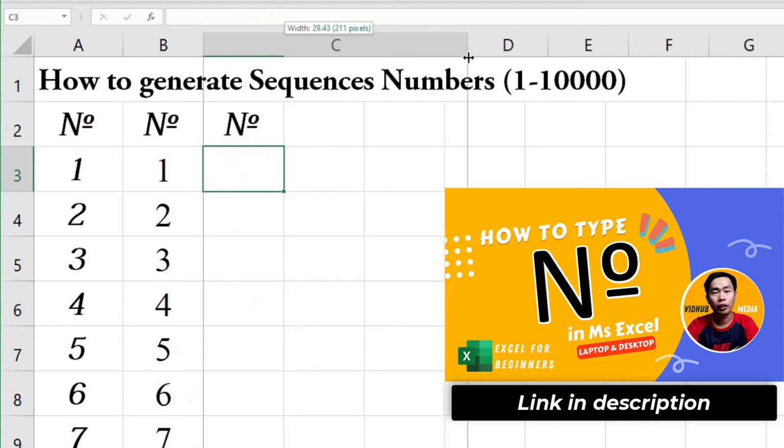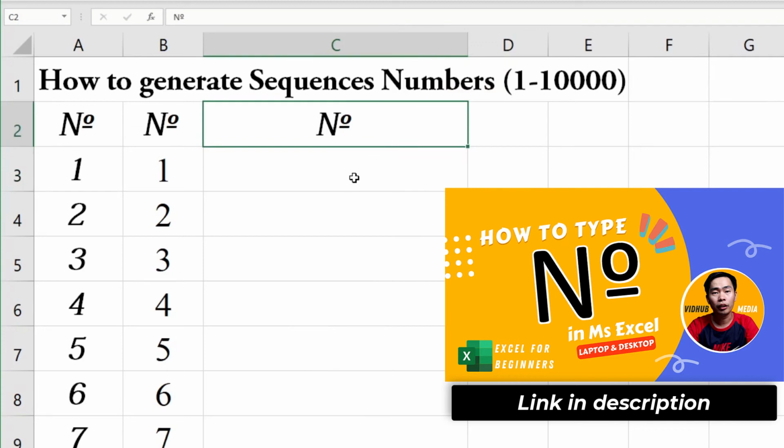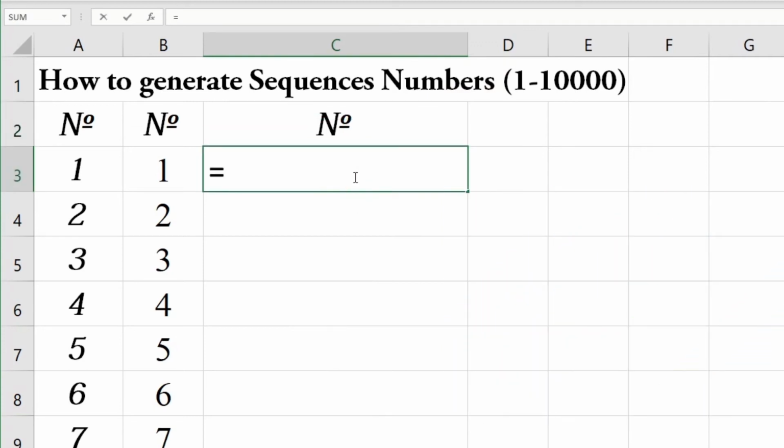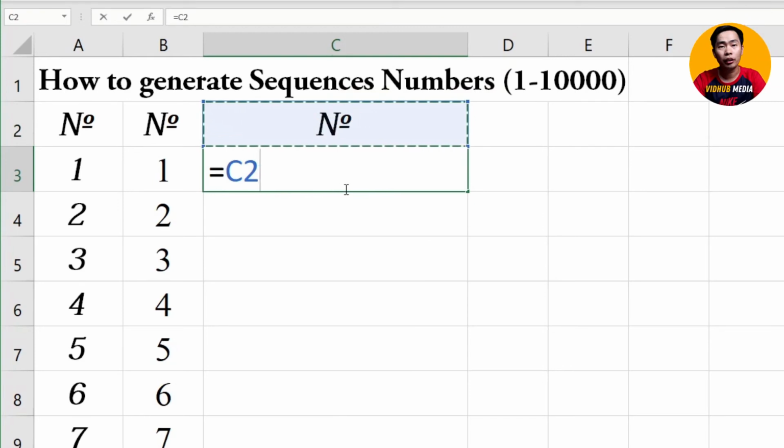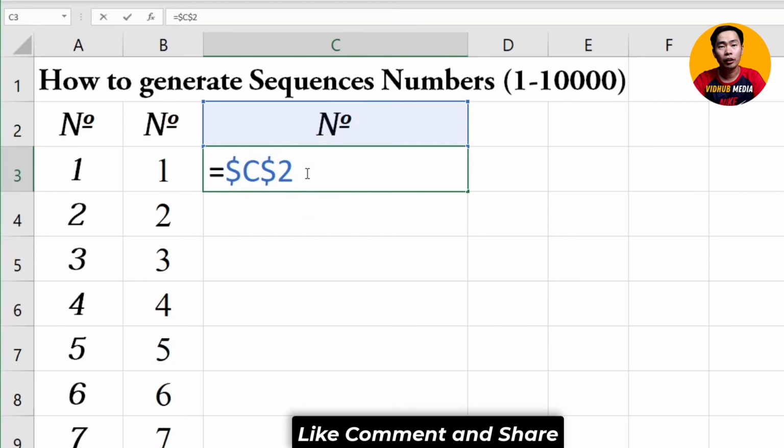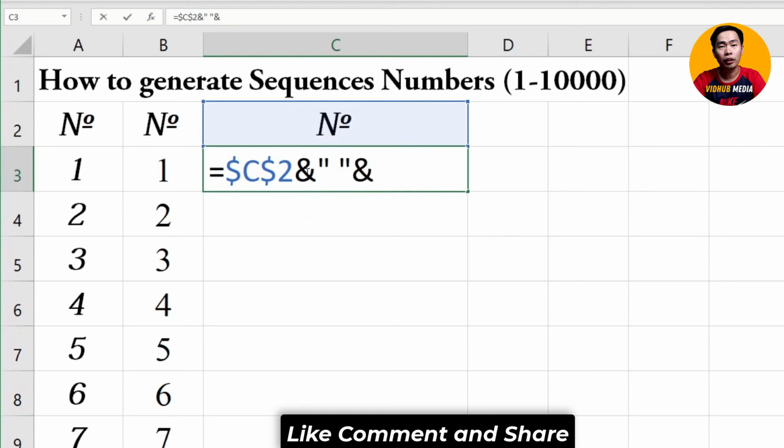Let me drag here. So I got this number already, so we can do equal. We take this one and press F4 on the keyboard, or you just type the dollar sign and this sign. Okay, and then we need a space. Okay, and if you don't need a space, just delete this. And then our formula SEQUENCE